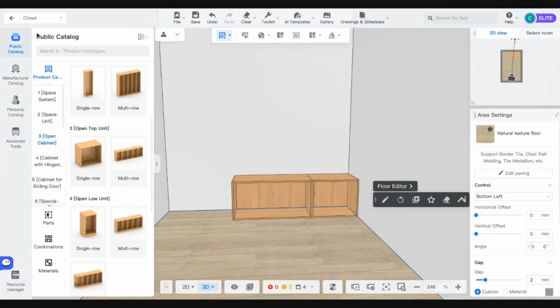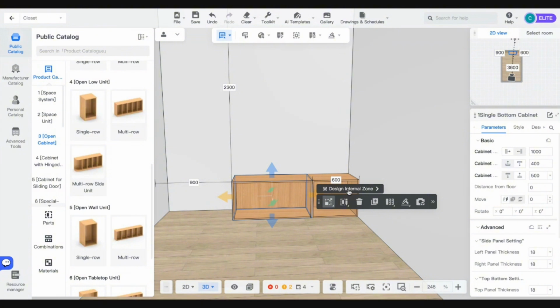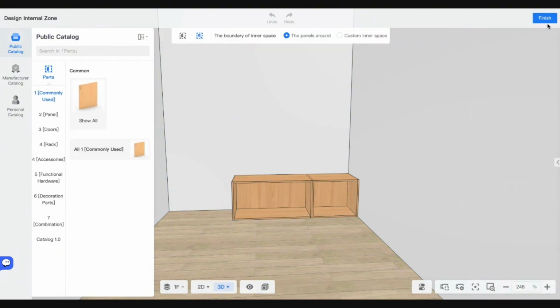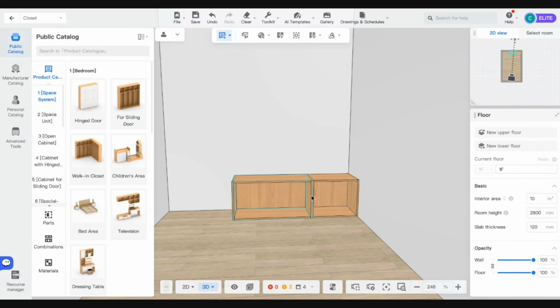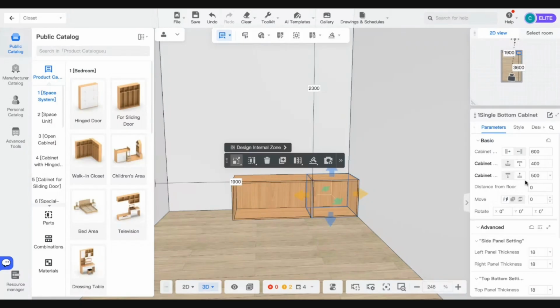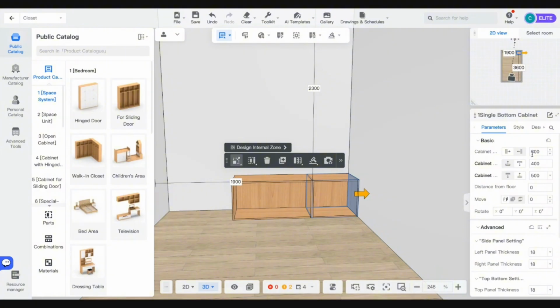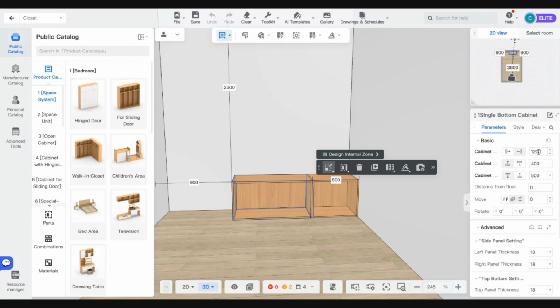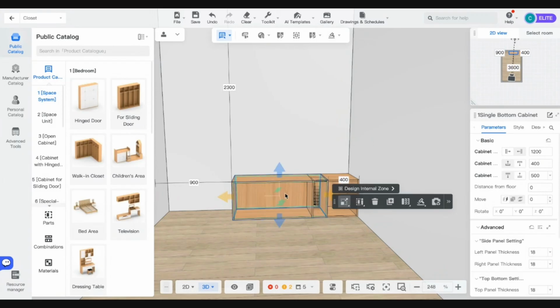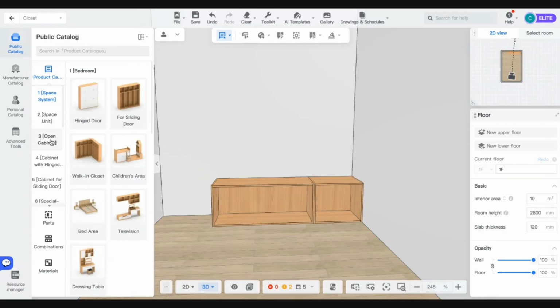Okay. Next, a wall unit. Now we need to set up, let me check first. Is it 500? This is 500. And then this one is also 500, 6,000. Oh, sorry, this one needs to be 1.2. And you just click P, click, and then click P, array this area, this one, and then we're going to open cabinets